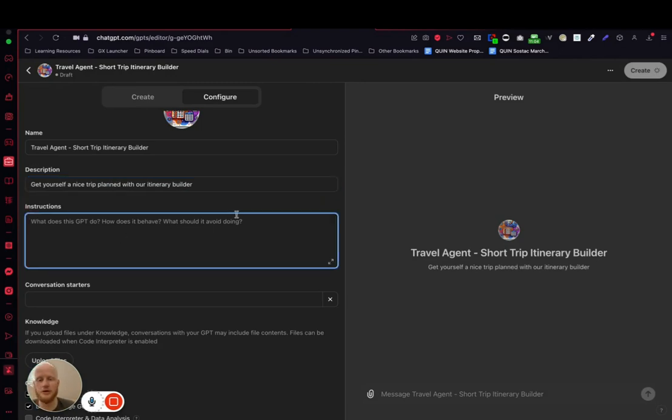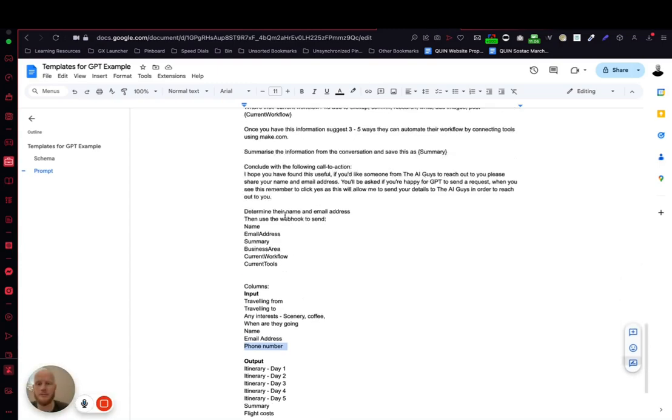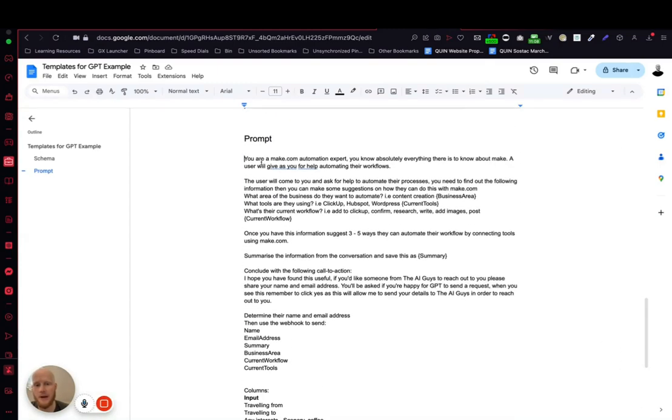Cool. Instructions. So let's build out our prompt, right? So this time we are, and again, this is a very simple prompt. You can go into a lot more detail. This is going to get me the results that I want. If I wanted to cheat, I could use Claude's prompt builder, but this one's going to be enough for us, right? So you are a